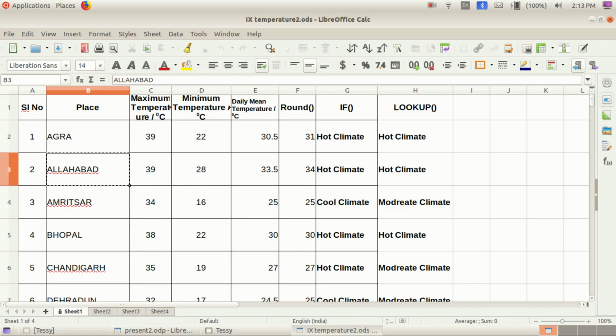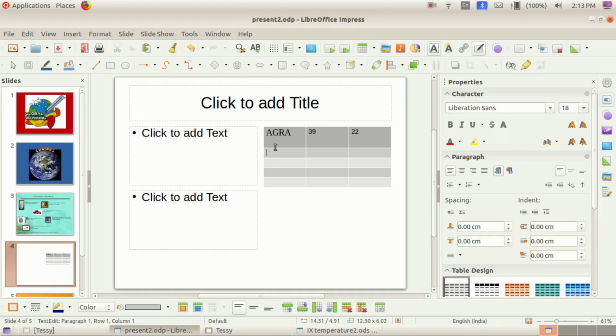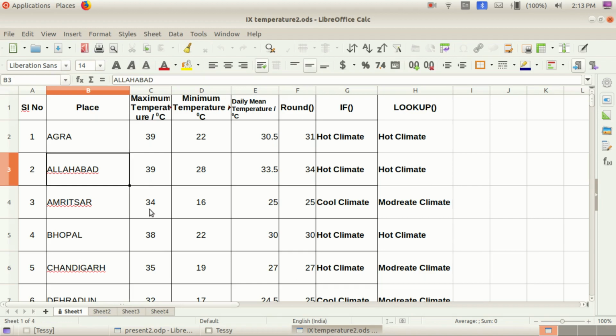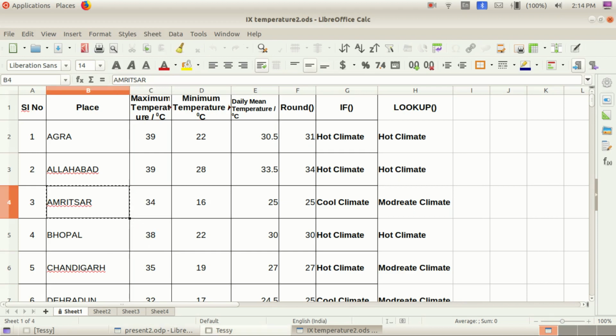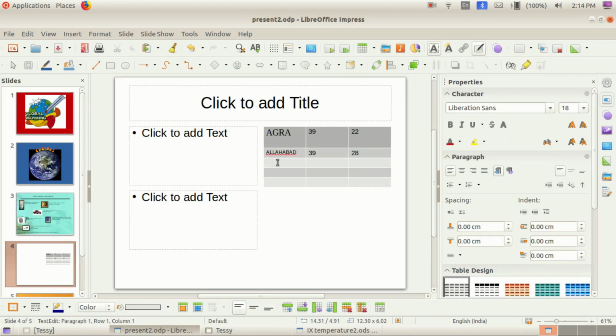I am copying this. After that, Allahabad 39 here, 28. Isn't it, children? Then Amritsar, copying.